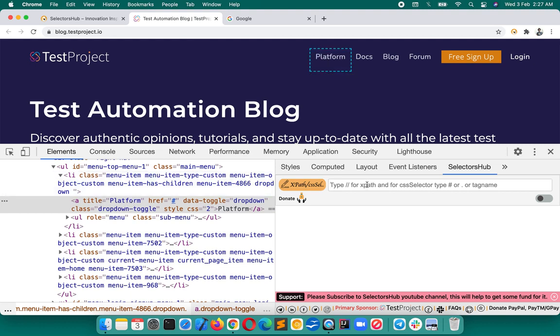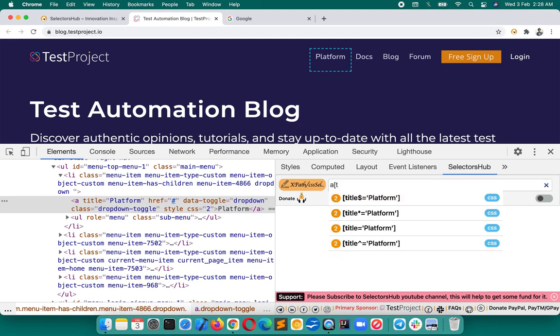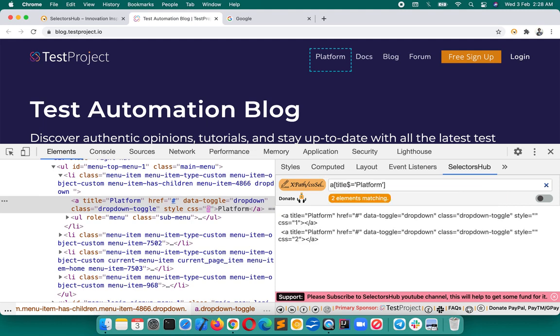So what we will do, we will type A and then title. We want all the links in this page, A tag is used for links, anchor tag it is called. So we want all the links in this page which have title value ending in form.